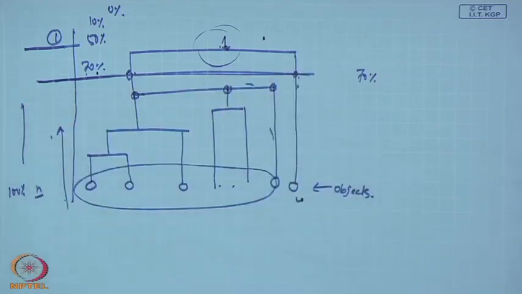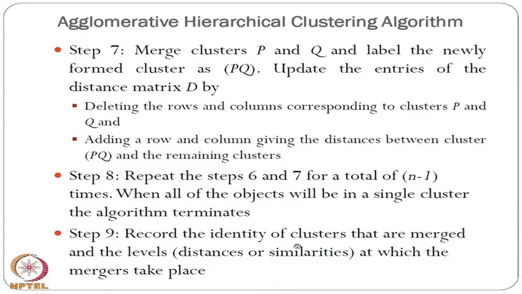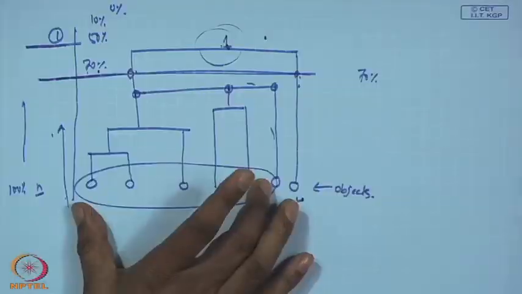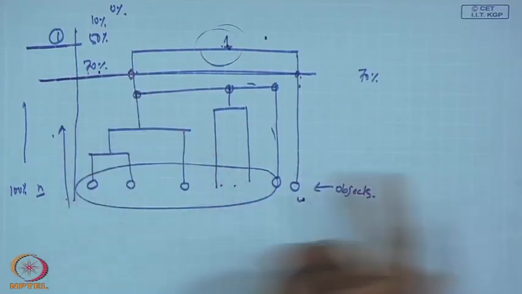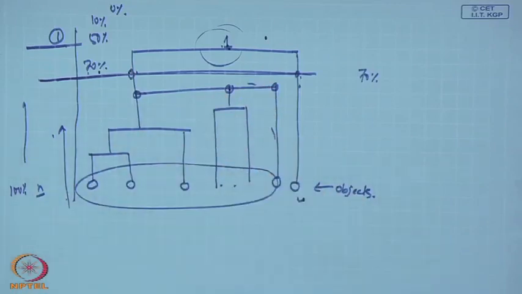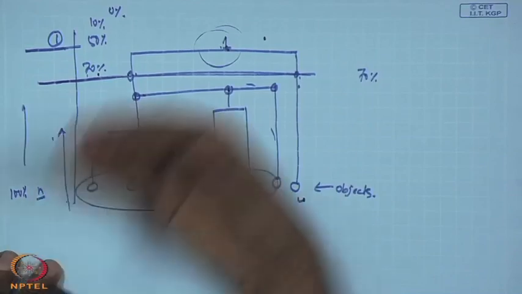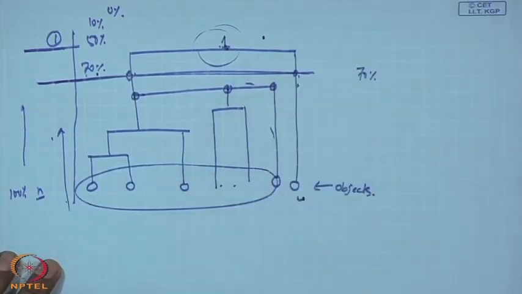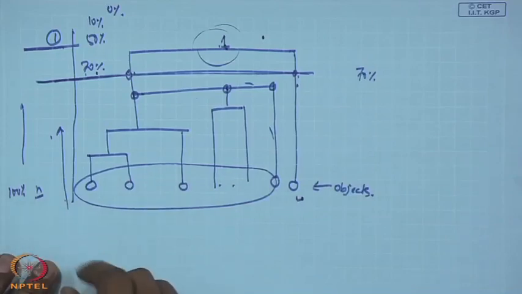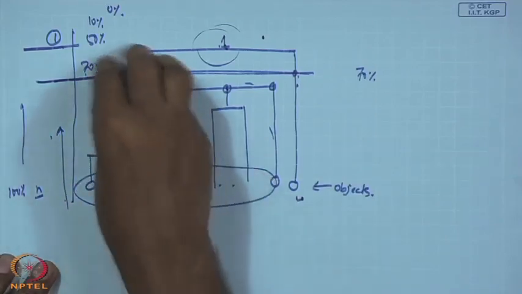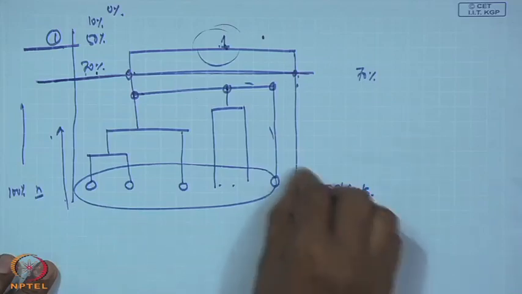Okay. So, that is step 9, record the identity of clusters that are merged at the levels at which the merger takes place. Now, based on this value you can give some identity, that is cluster 1, or you give some other interpretable identity, and maybe these groups are of some type, this group is of another type. For example, from safety point of view, the example I have given, maybe these are low accident prone situation or